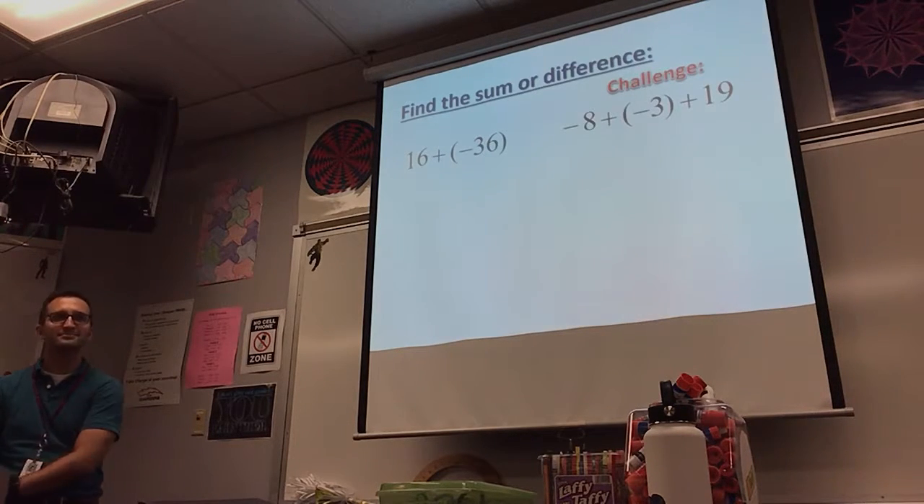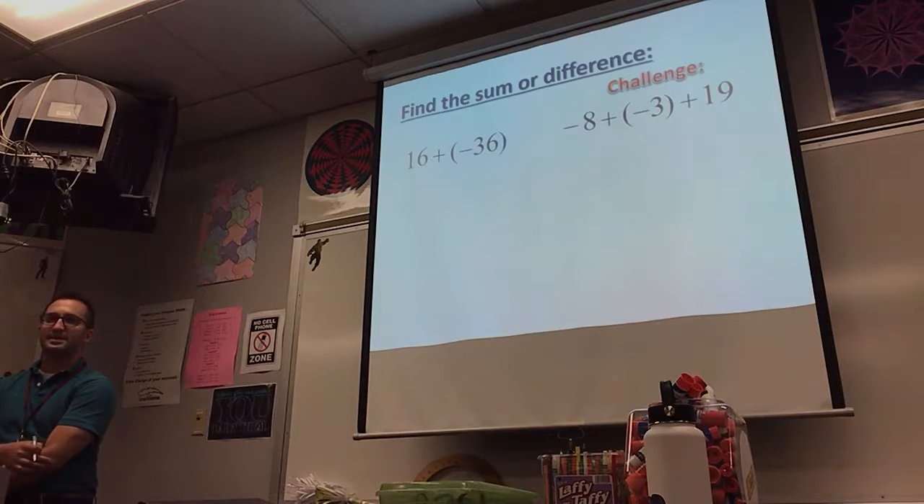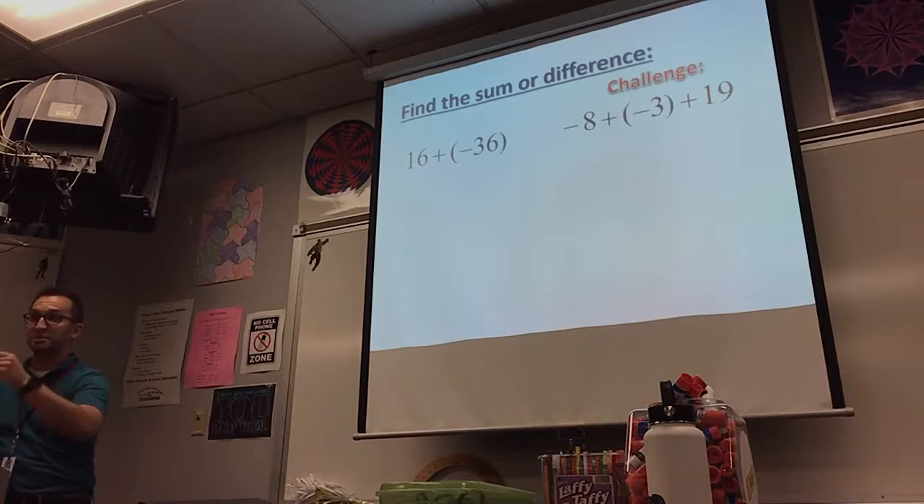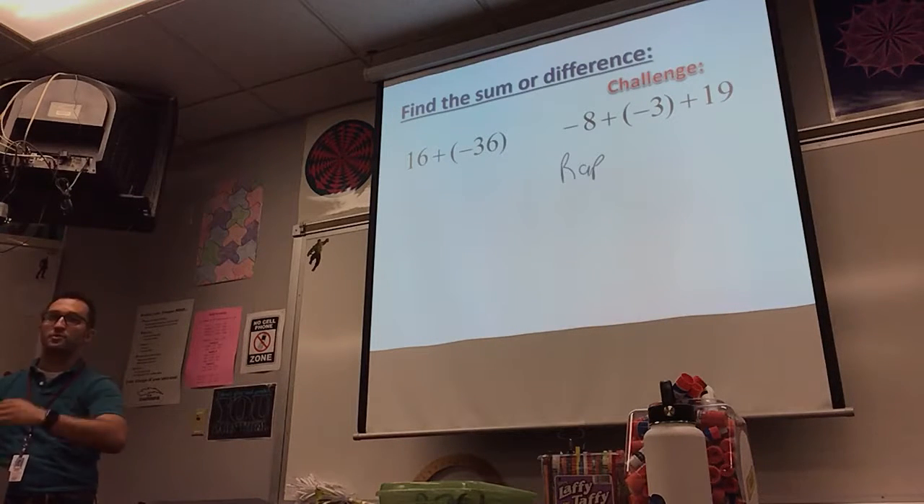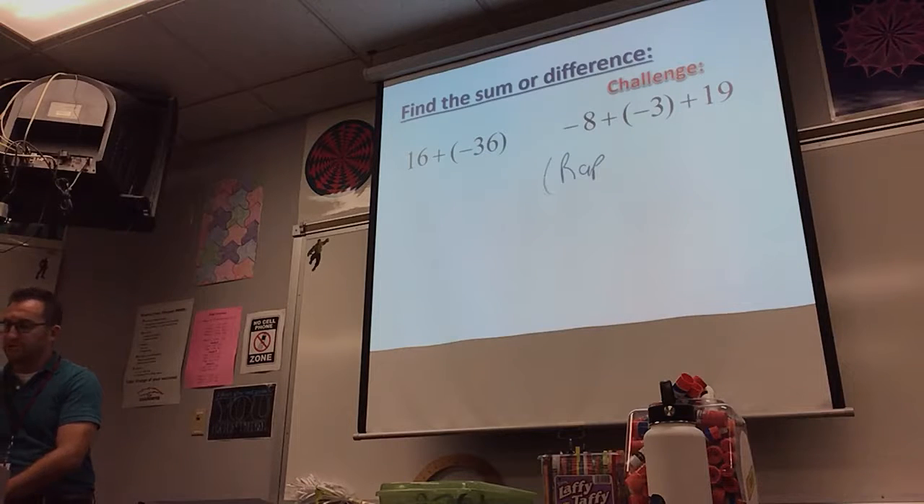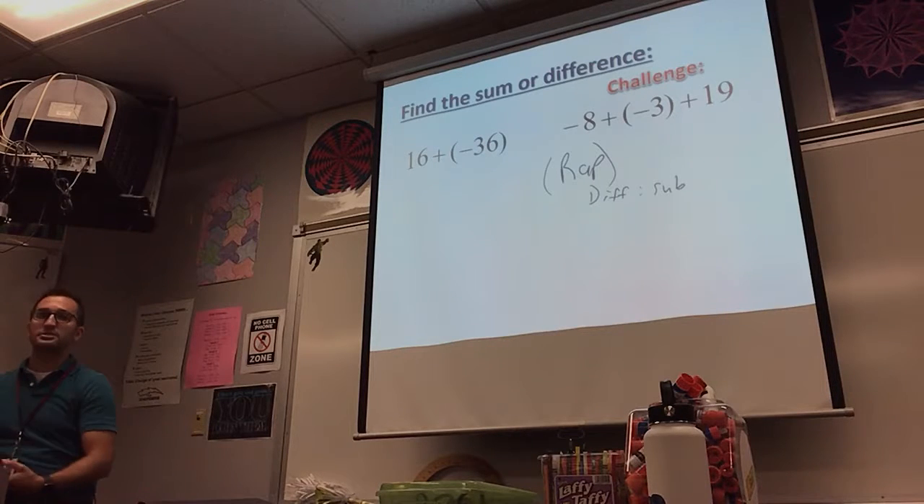What's the first thing we should notice on this problem? Different sign. It's addition. This is an addition problem already, so we're going to wrap right away. Nothing we need to do before the wrap. So we wrap right away, and we notice that this is same sign, add, different sign, subtract. So we're going to subtract. 36 minus 16 is